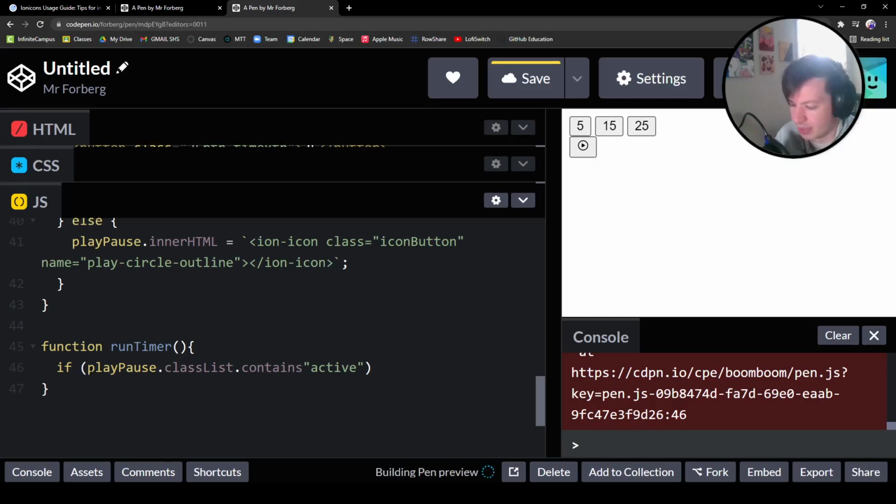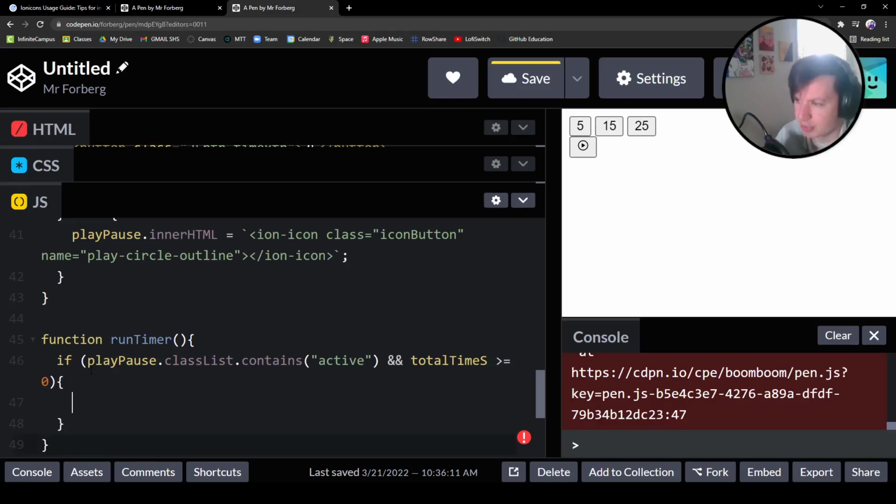I am all over the place typing today. All right, so if it contains active, and we want it to be active and our total time in seconds is greater than or equal to 0, we want the following to happen. Because we don't want this clock to continue after we reach 0 and keep on counting down over and over again. So we're going to say if play pause class list contains active and total time is